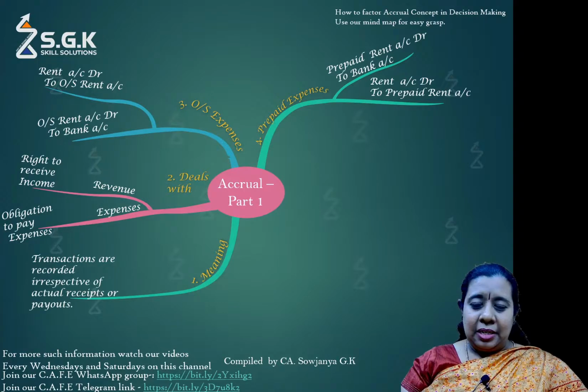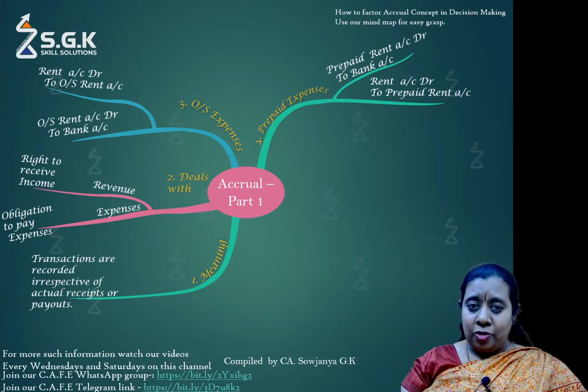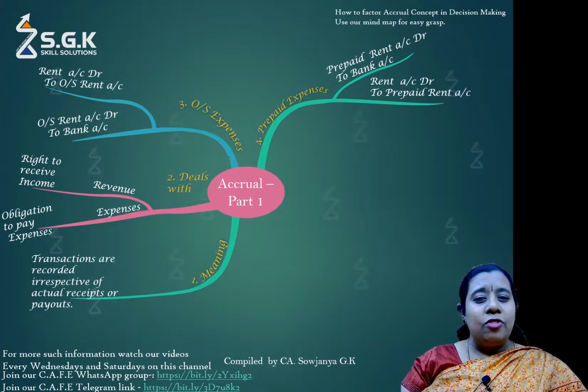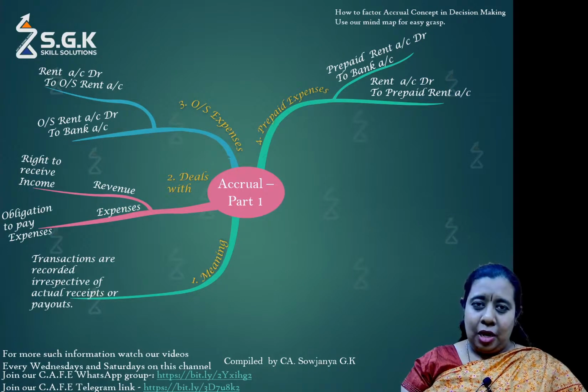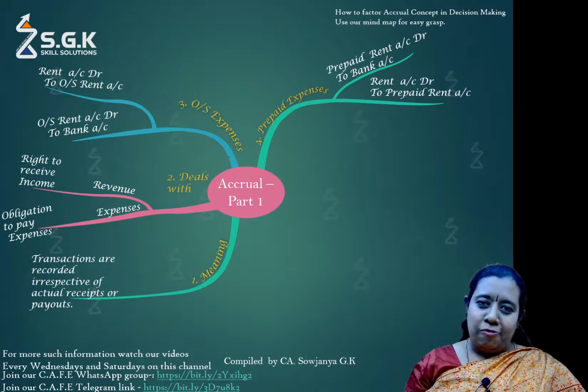For example, in the practical scenarios we took, the profit and loss account is drawn for a period of 12 months. For whatever reasons, as we are not discussing as a part of this video series, if the rental expenditure is accounted or presented for say 14 months, it is important that the 2 months of excess expenditure is prepaid and has to be factored as a reduction or removed from the profit and loss account, so that only the 12 months of rent is accounted in the profit and loss account, because the profit and loss account or the income statement is drawn for a period of 12 months.